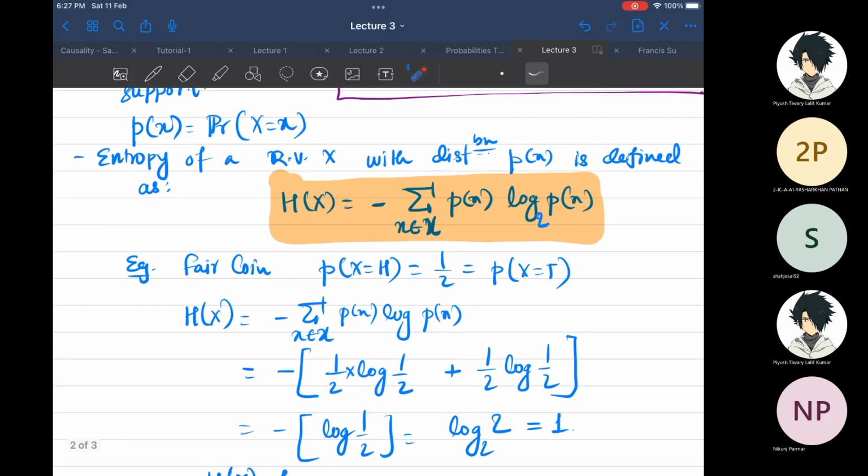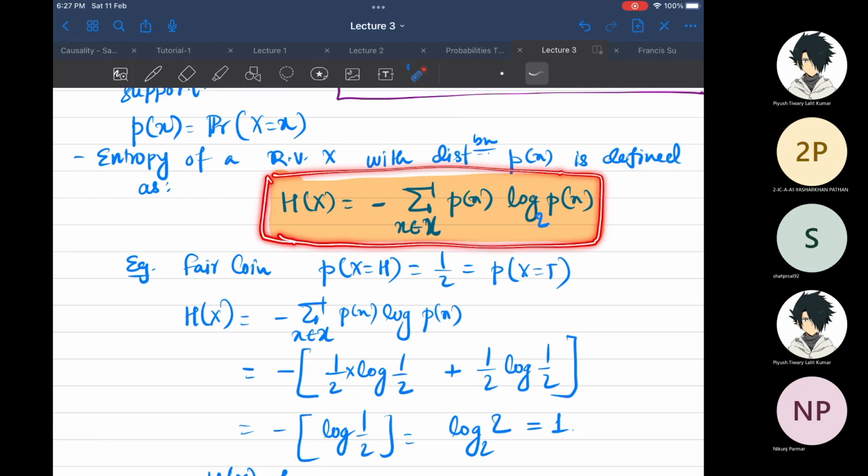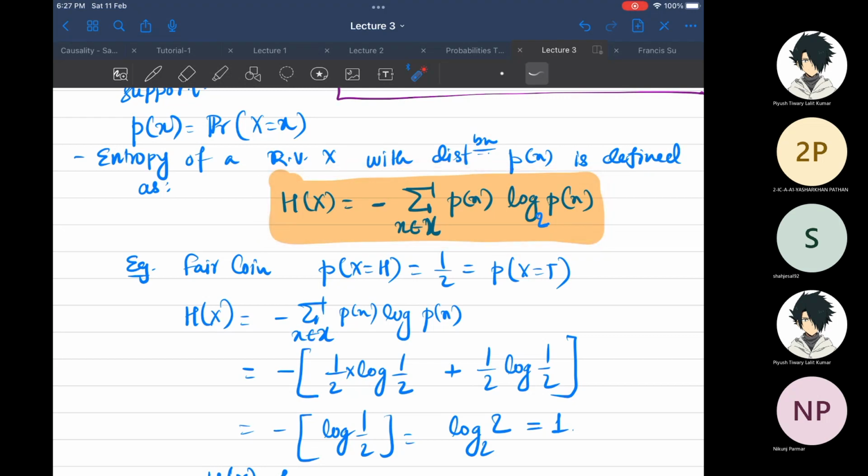So this itself is a weird looking formula. I mean, why should this even quantify entropy or randomness in a system is the first thing that should click in your mind. Does this formula even make sense? Why should I even consider this formula? I can take any formula, right?